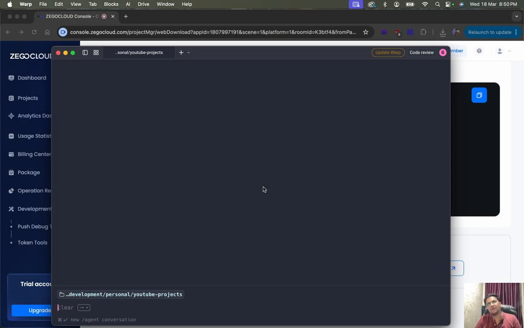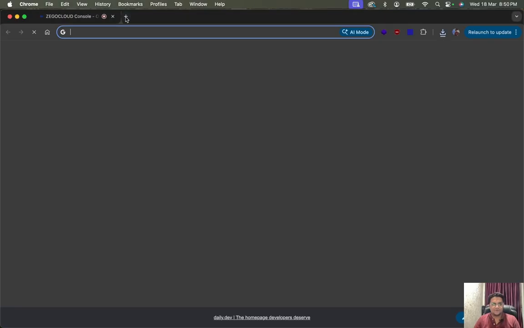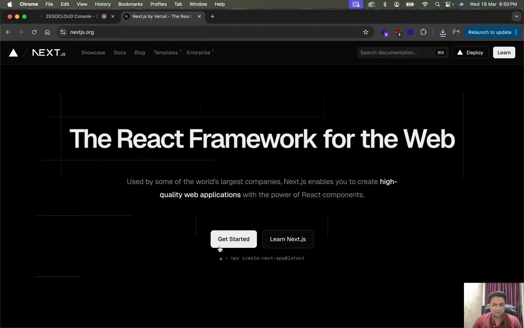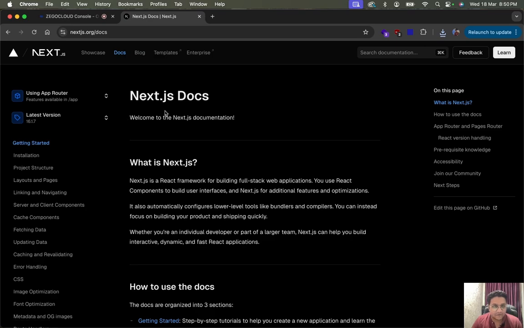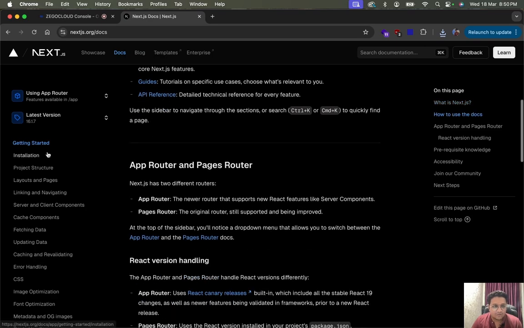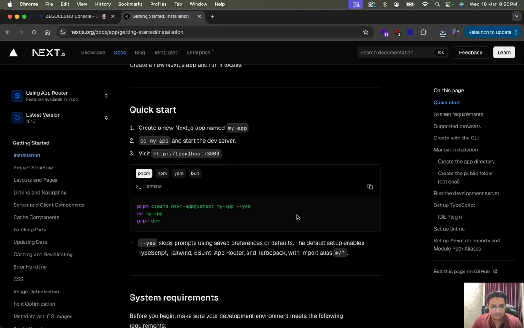So maybe we can name it as so. We'll start with Next.js. I'll just need to check the npm command, but yeah, npm command is this. So I'll just copy this, and